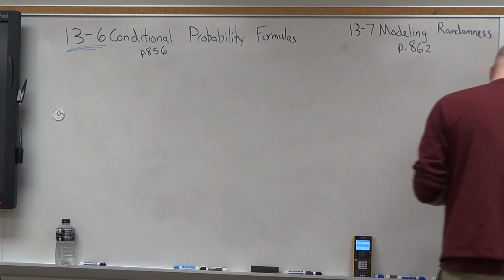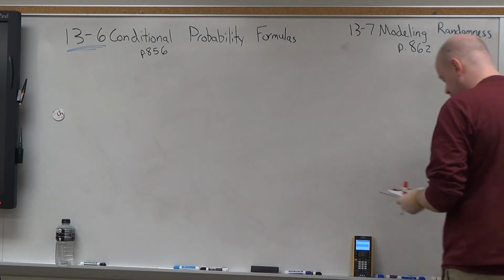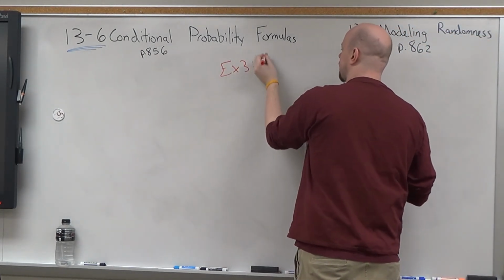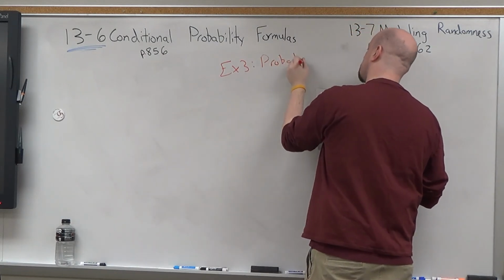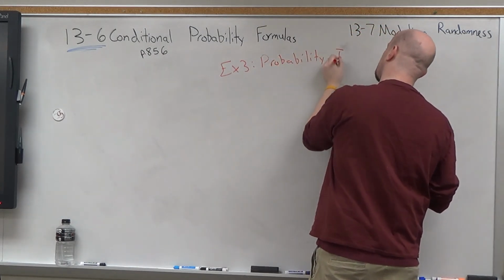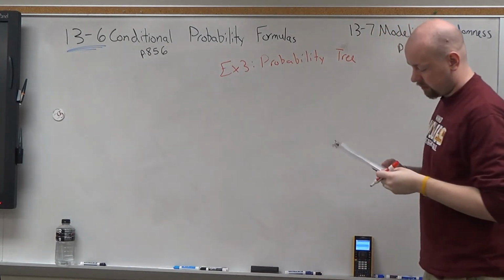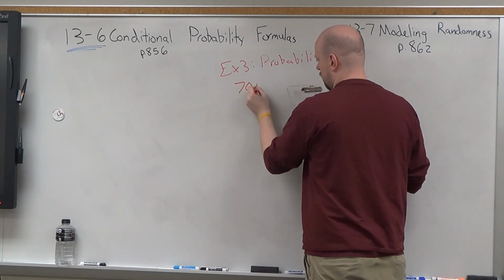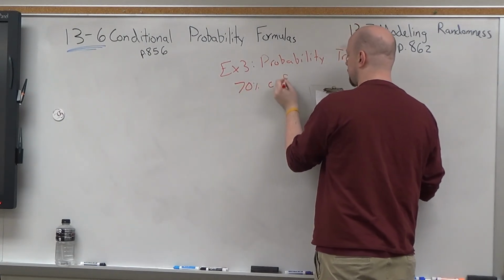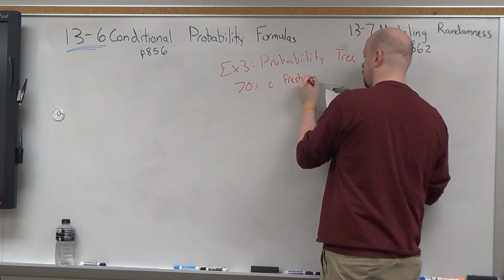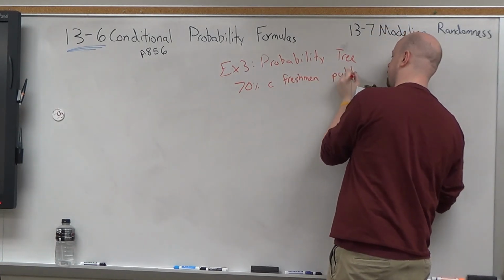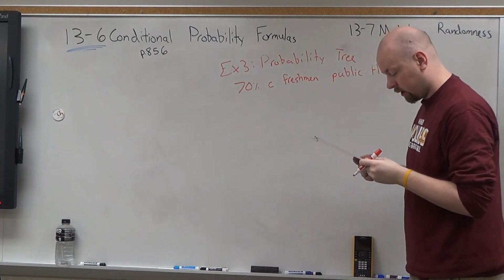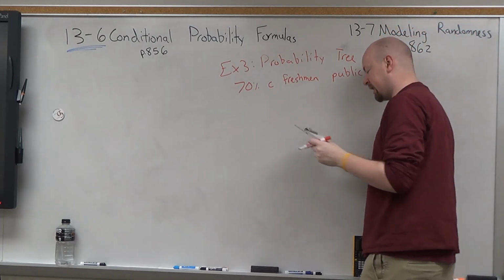Let's see. Example 3, using a tree. Probability tree. Okay. So, let's see. 70% of college freshmen went to a public high school. Okay. 60%